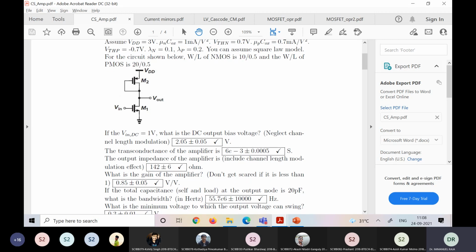way of solving. So this is a very simple amplifier. It's a common source with a diode connected load, which we saw in class, right? Here what is given is your V in DC, that is the DC voltage at the input is 1 volt, right? And I've asked what is the DC bias, output bias voltage. So how do you do this? Basically what you need to do is,